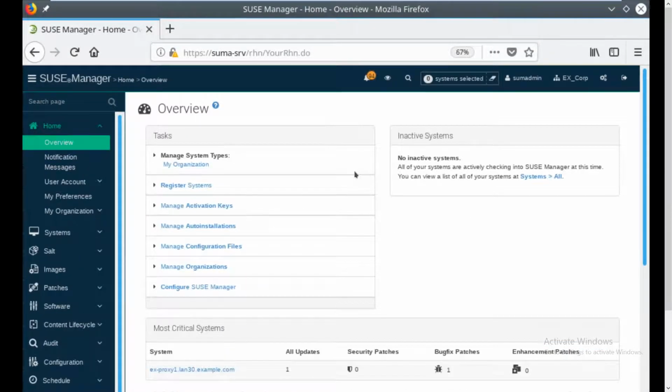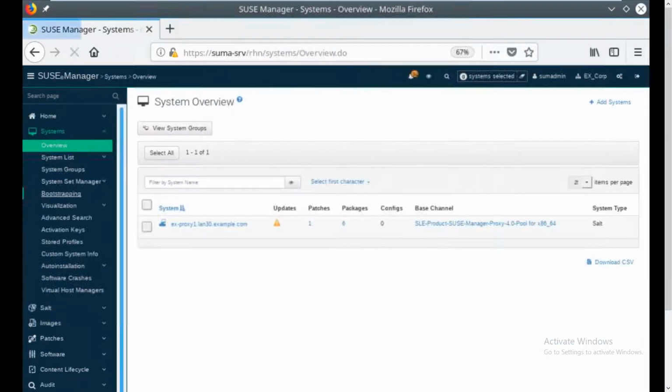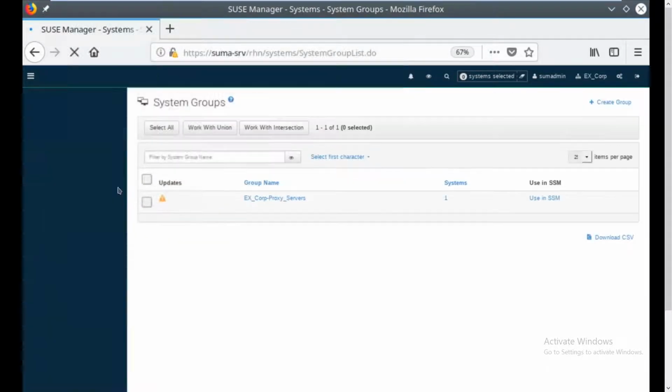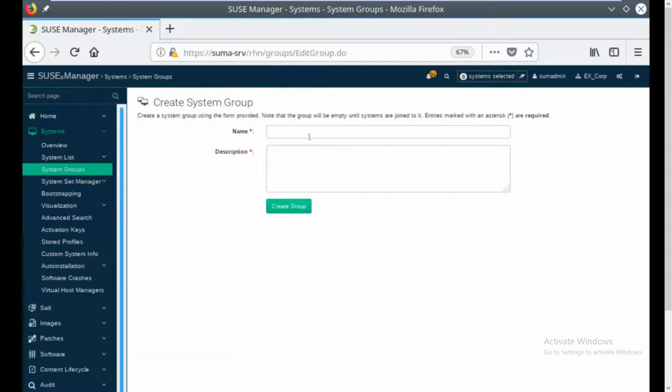So yeah, the first thing is done, the repo is created. It is time to create a system group. Go to the system option, there's a system group, create a new system group. A group is, as the name says, a group of systems. You can collect servers of the same nature into the same group for managing easily, right? So let's put some name,